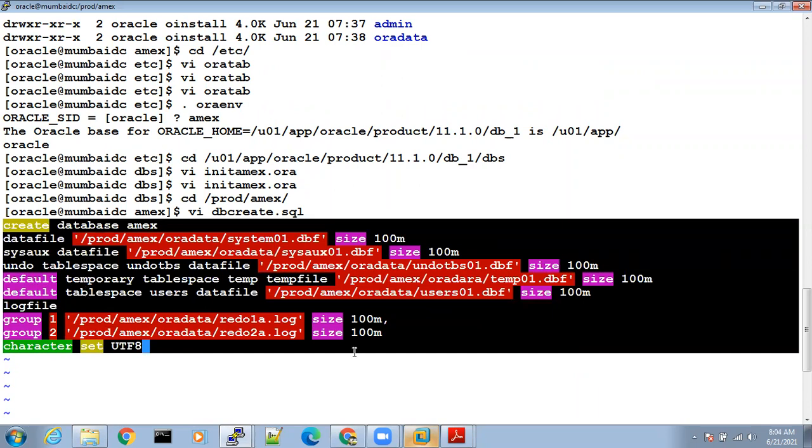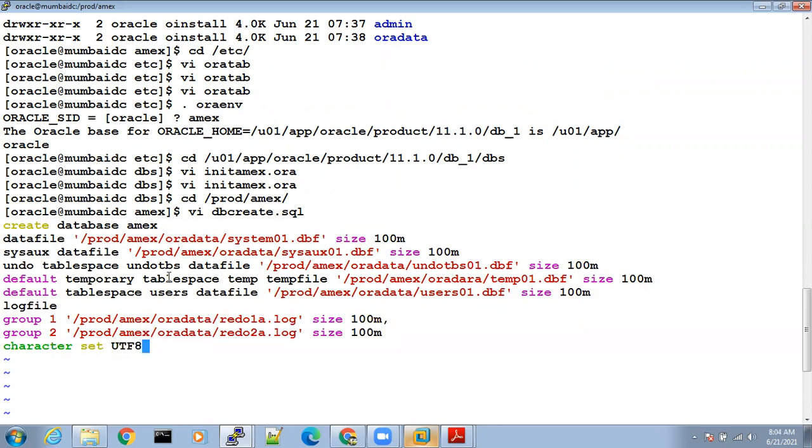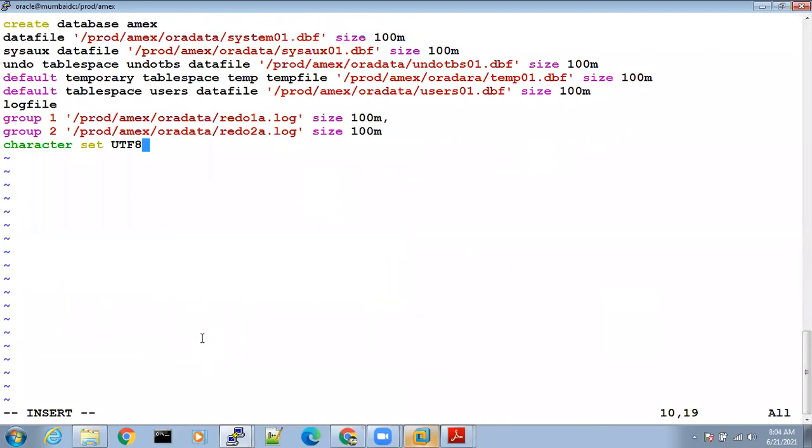If you use GUI and just click next, everything you are doing now will be taken care of by the GUI. You will not do it, so you will not come to know what is happening when a database is created. First of all, when you create a database on your own by writing the script, that is how you will come to know what's happening in a database.